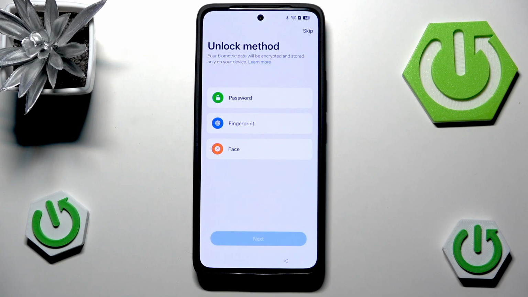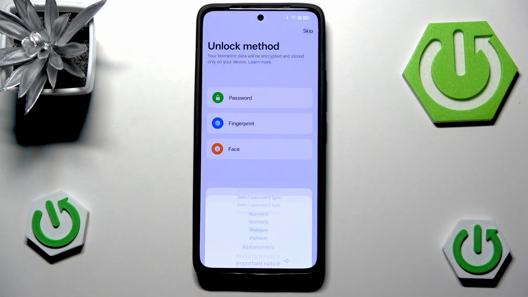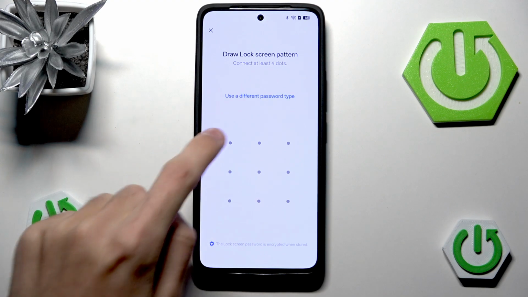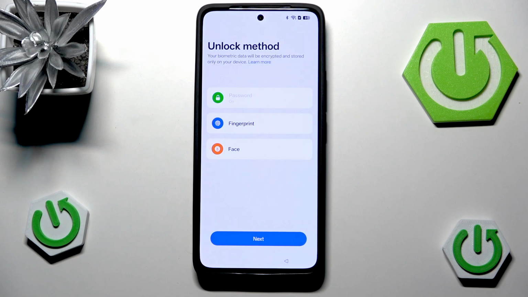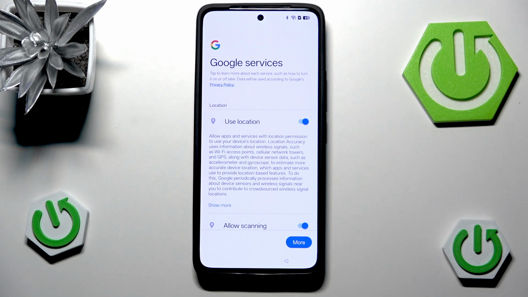Now we have unlock method. Technically speaking, we could enable this. I will add maybe password, and it will be pattern. We have an important notice that we don't want to forget our pattern. That's pretty self-explanatory. So let's go with continue. And let's simply, well, I will go with a very simple L shape, but of course you can go with whatever you want to. I will now hit next,